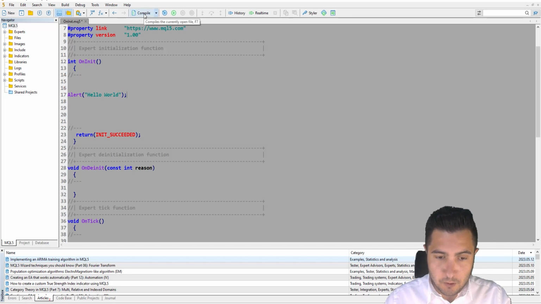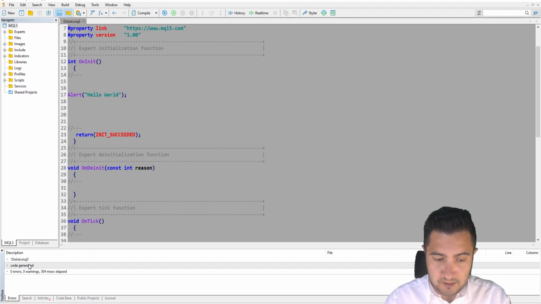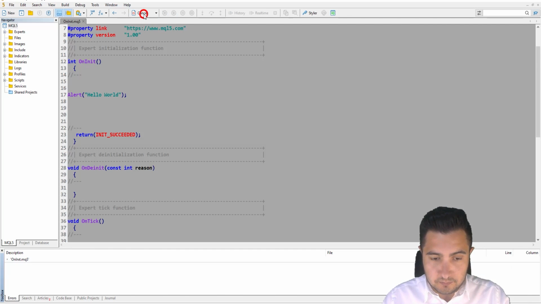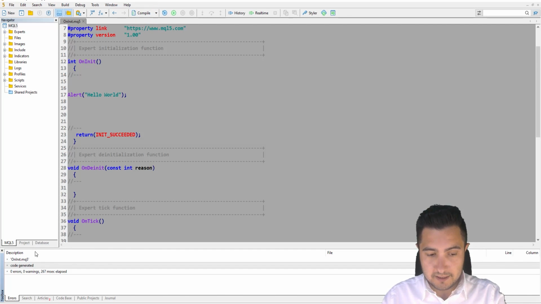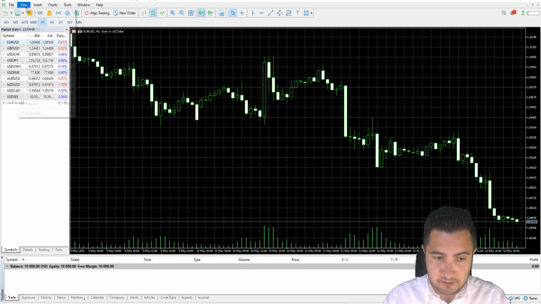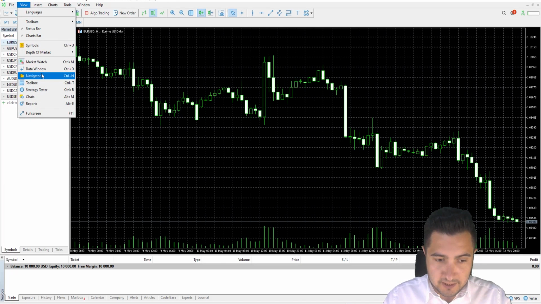As you see, when I compiled, we get no error, no warning. You see 0 errors, 0 warnings. So there is no problem, and everything goes just fine. I compiled again, and as you see, there is no error. So with F4, I move to the MetaTrader terminal again. Here, View, Navigator,